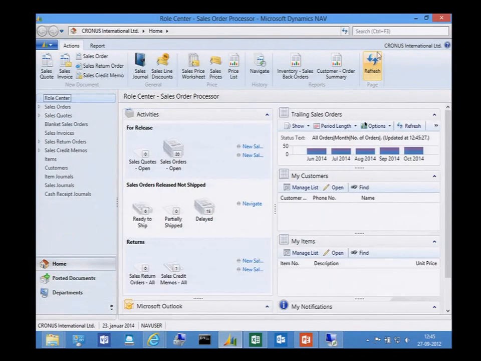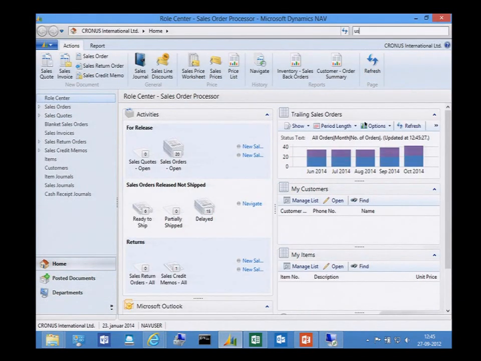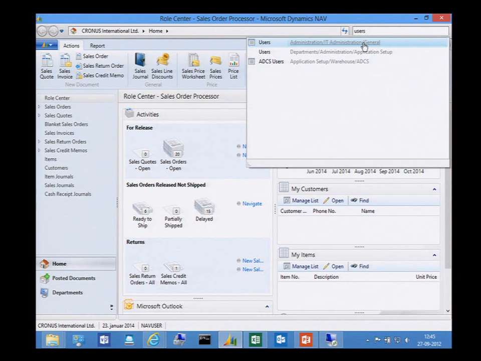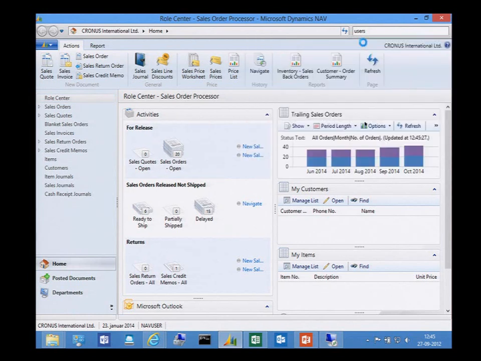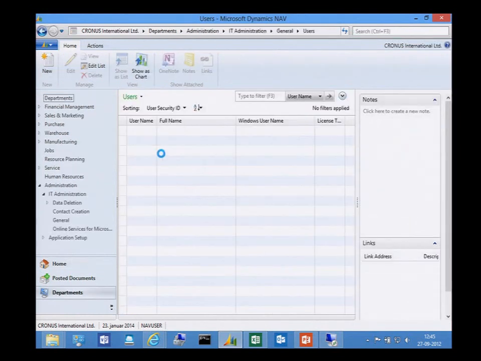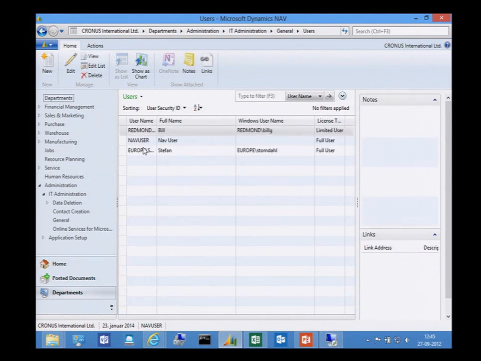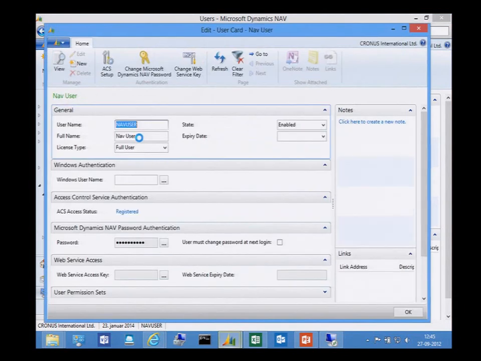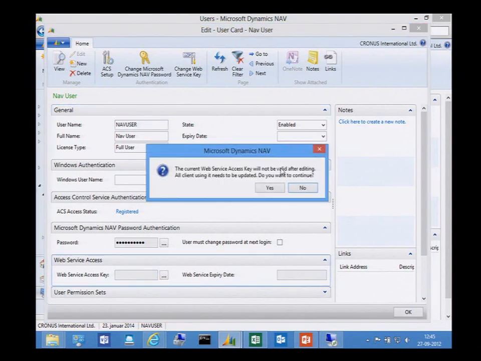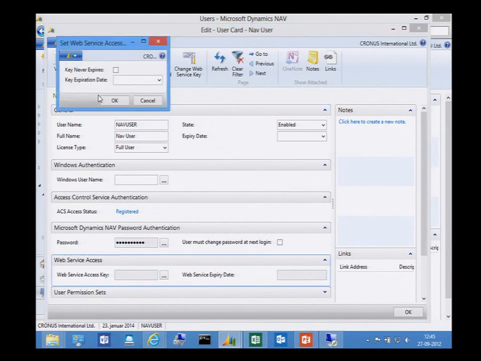Here we go. Search for the user's card. And I will pick the NAV user. Down here, I haven't configured this web service access key. I'll need to go in. Yeah, it's fine.